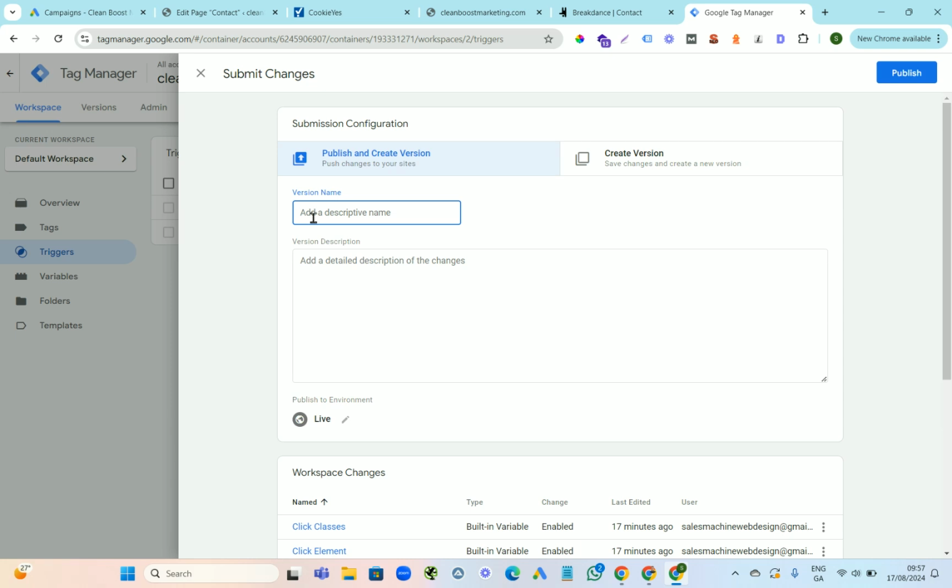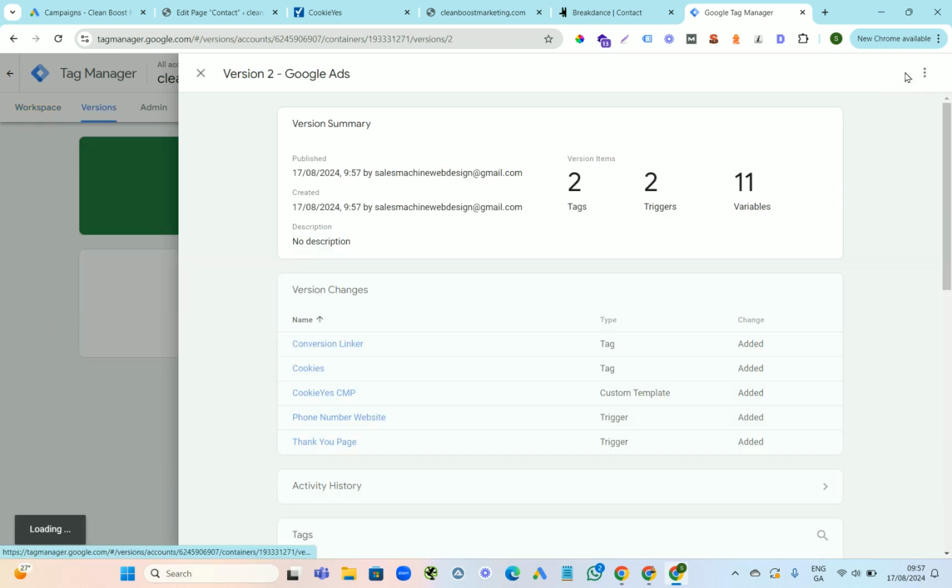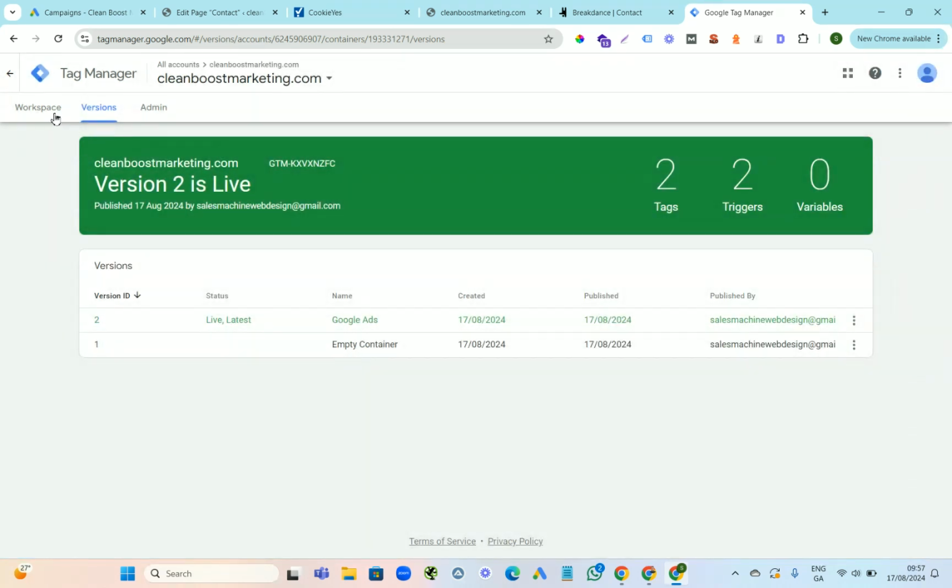And you can put down a big description if you want. I already know what it is, so I'm just putting in Google Ads, and that's it. Then we come up here and press publish. So this is going to publish your work. It's all going to be live now on the website, and then we're going to start testing things on the website. So what we need to do is come back up here and go to Workspace,